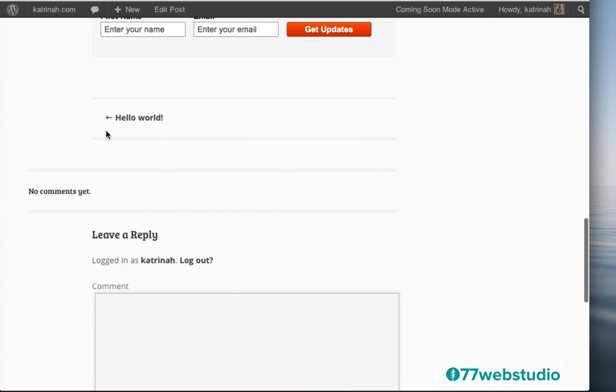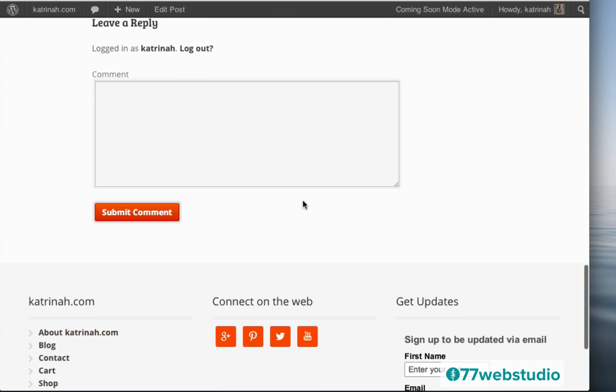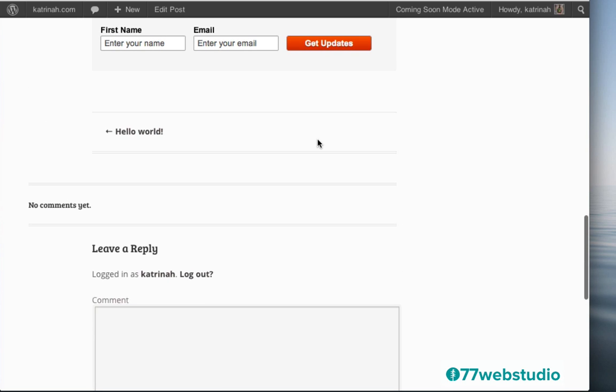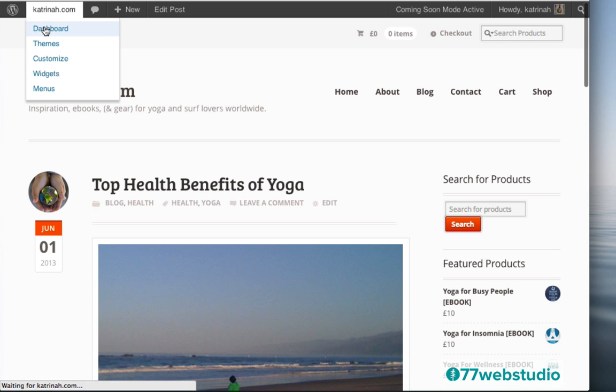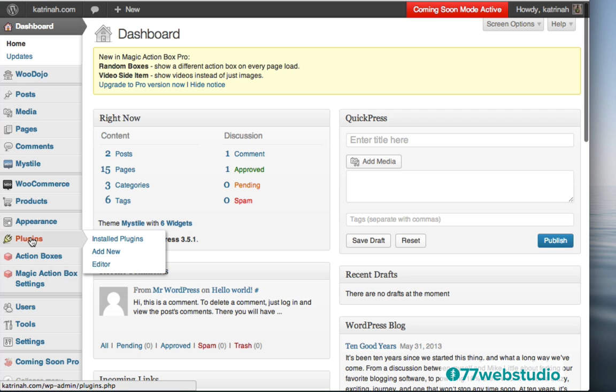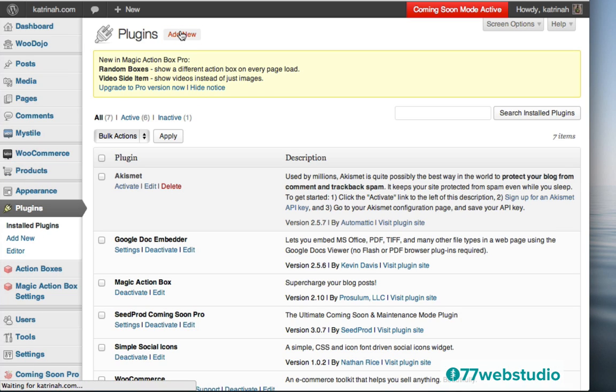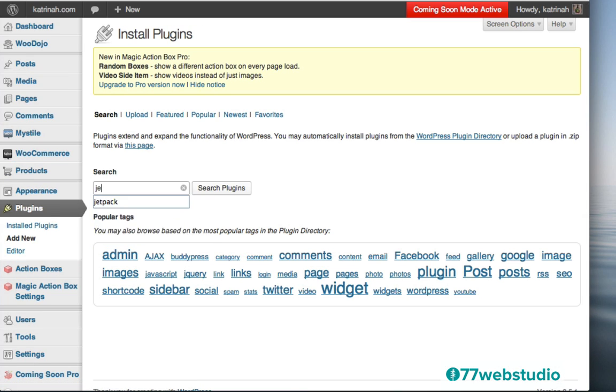The other thing I want to add here is some social sharing icons so that everyone can easily share my blog post via Facebook and YouTube and other social networks. And I also want to add a more social comment system right here. So what we need to do now is go up to the dashboard once again by clicking on Dashboard. And then we're going to add a plugin by clicking on Plugins. And then at the top, click on Add New to add a new plugin. The plugin we're looking for is called Jetpack. So I'm going to do a search for Jetpack and click on Search Plugins.